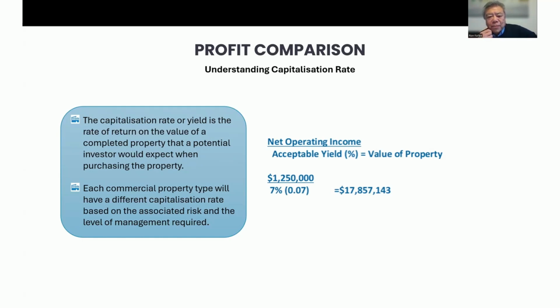And then you divide it by the factor of 7%, which is 0.07. That value of that building, when you sell it to an investor, is 17,857,143. So they're quite happy to make that money or pay for that building, even though you developed it and it might cost you 12, 13 million. All right. So there's a massive upside as far as that is concerned.